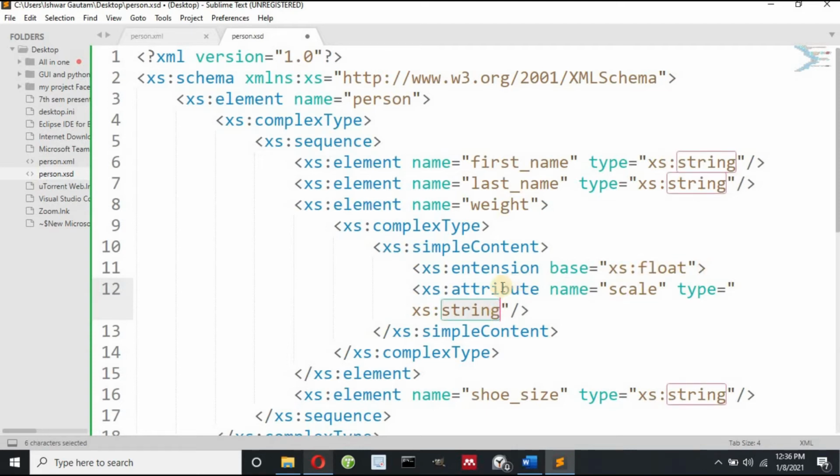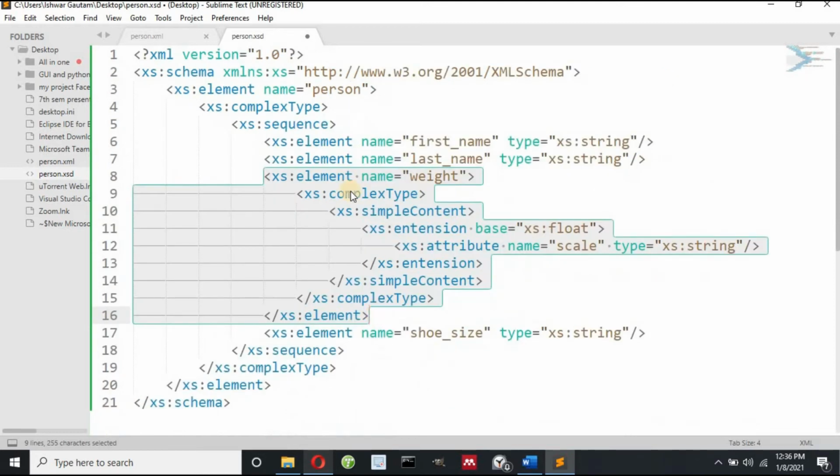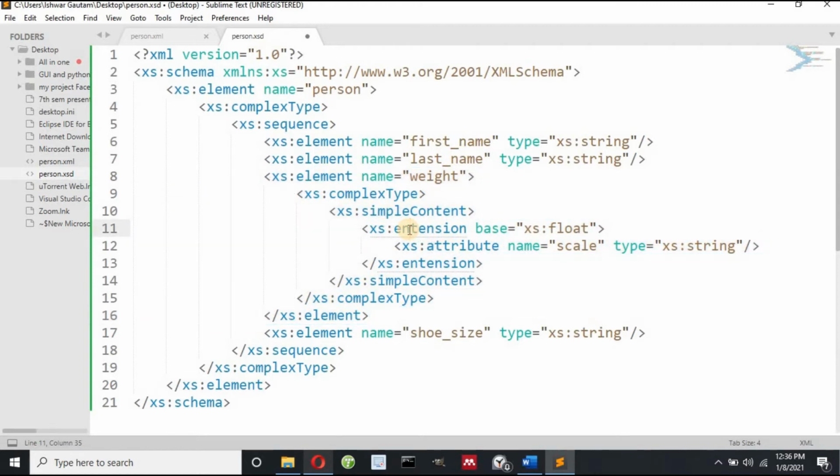And now I can press tab, and then I can close my extension. So focus on only this line. You have one weight, so this is a sub element, and inside this you have one attribute. So to write an attribute, you have one simpleContent, you have only one attribute, and you will get an error when you write type here. So instead of writing this, you have to write it in the extension. So this is the extension. I have to write base equals to xs:float. This is my float value because I have passed 55.0, so that is my float value.